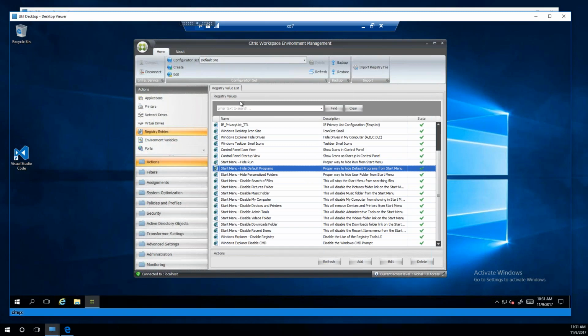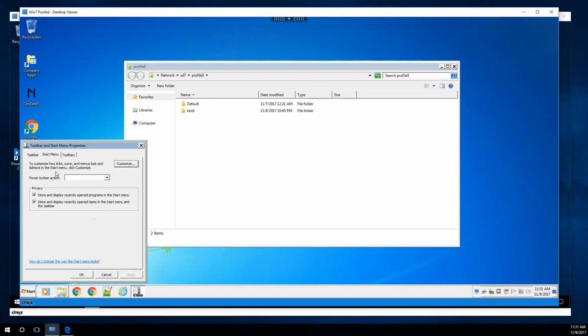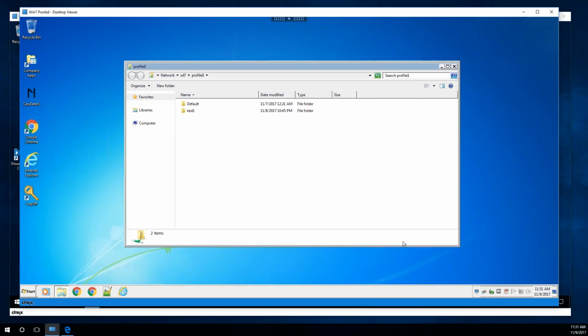So this is the same as actually checking those boxes in the start menu down here. If you were to go to properties and come into start menu and customize, that location there in the registry is all of these things. So to check the boxes, uncheck the boxes, you can do it all from that registry key.